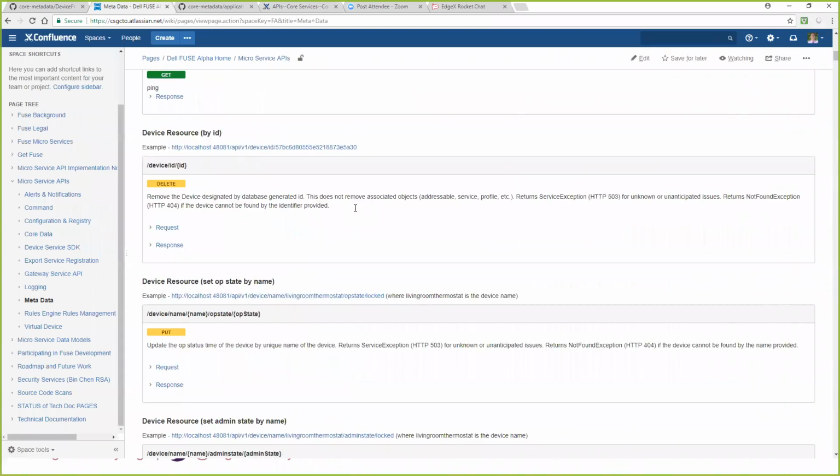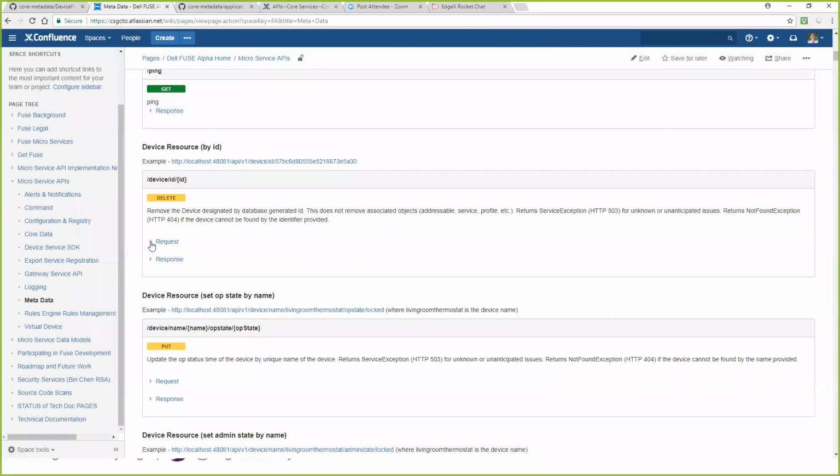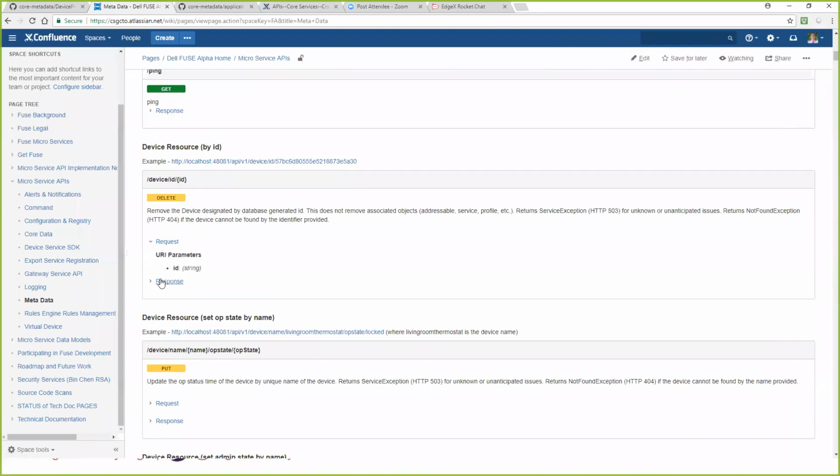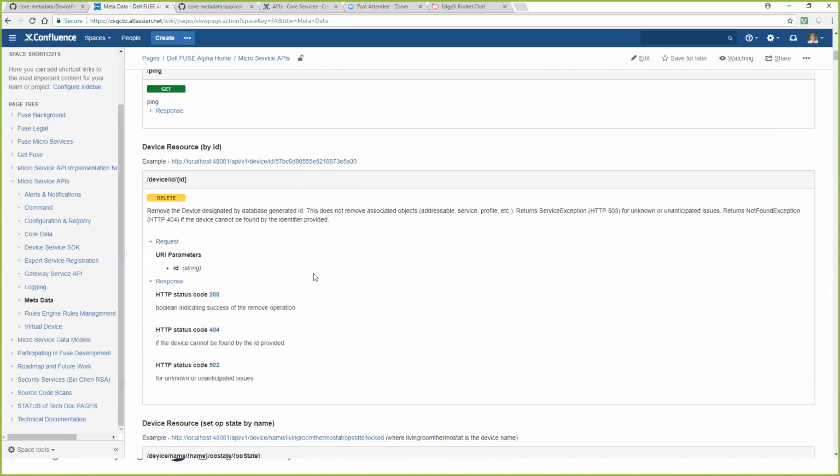So kind of a nice, easy way to look at that. You'll even see there, for each of the APIs, examples of the type of data you pass in and what kind of status and response you get back. So some good information in those RAML documents. Thanks very much. That's very useful.